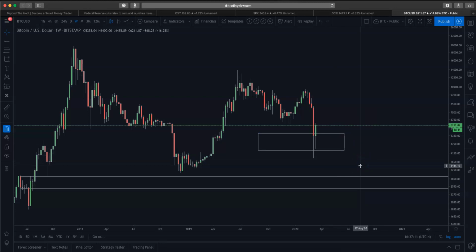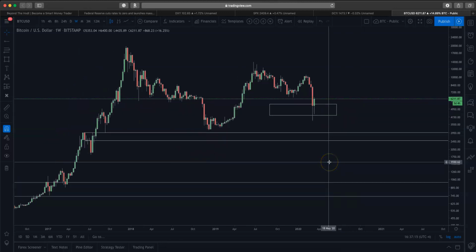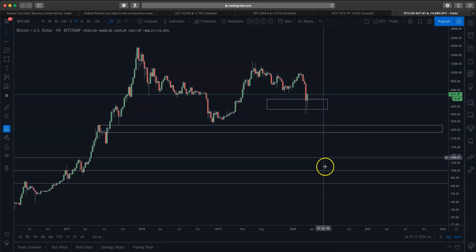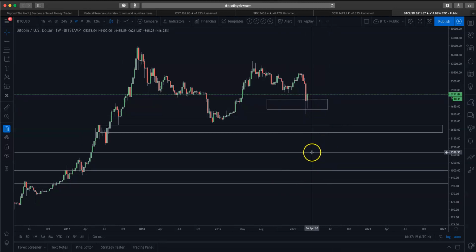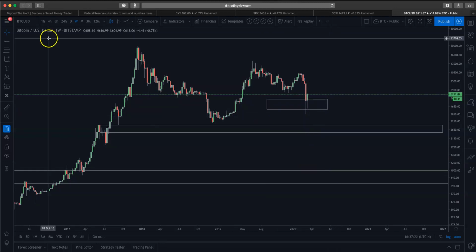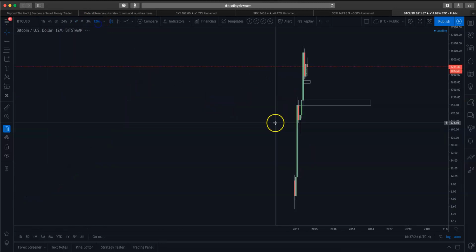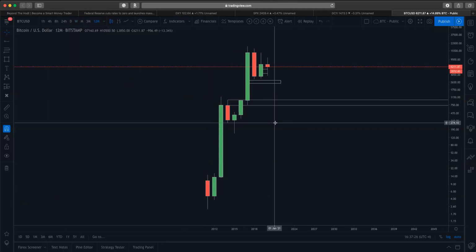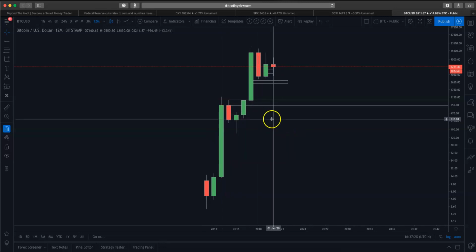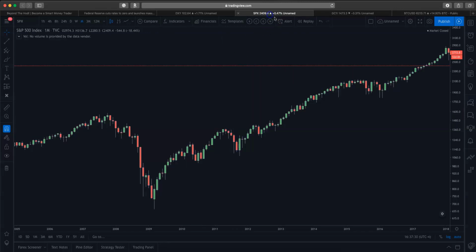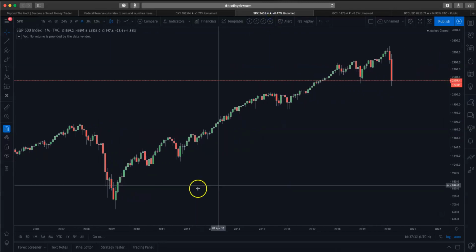Now, if Bitcoin is going to behave like the stock market did, what we could potentially see is a larger drop in Bitcoin, and that's when we start talking about some crazy targets right here. So if I go to my yearly time frame, you guys can see that we have a yearly demand right here. So if we're going to behave like the stock market, and remember guys, once that stock market bottomed right here